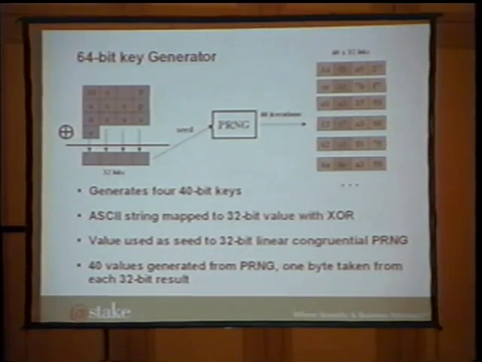So what do these generators look like? I'm going to go over this a little quickly at first, and we'll come back to some of these points. This is what the 64-bit generator looks like, this diagram at the top. It's composed of several steps. The first step is a folding operation where the passphrase is folded down into a 32-bit number. And this is done in the following manner.